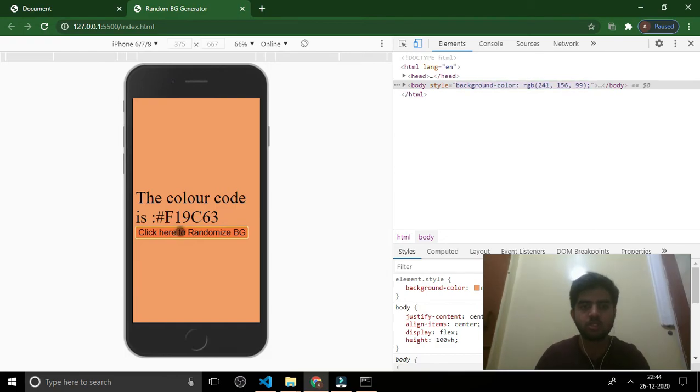Now you can see that when you click the button, there is a random occurrence of random colors with the perfect code of those colors.